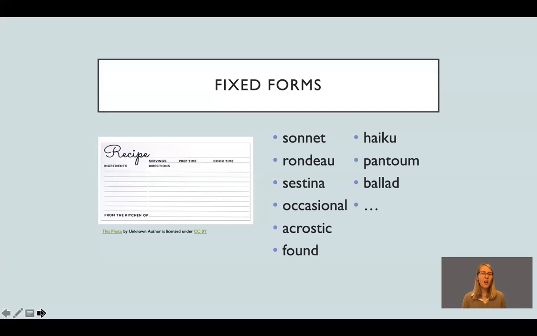So fixed forms can offer a really interesting connection to history, especially if the twist you might bring to the form to kind of put your own personal stamp on it helps readers engage with it in a new way. And it can also be a really interesting exercise as a poet or writer because essentially you're trying to follow that recipe. And in doing that, you have to think differently perhaps of how you would normally write a line